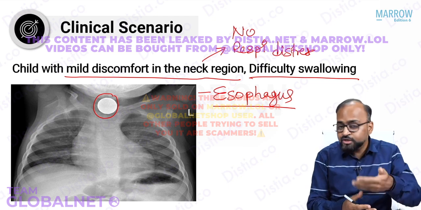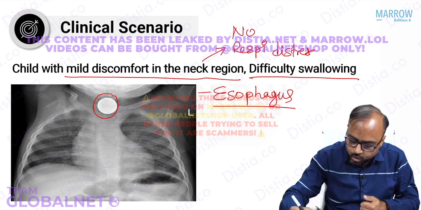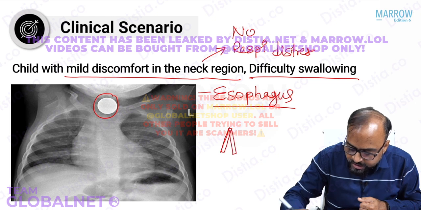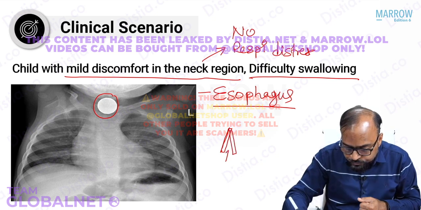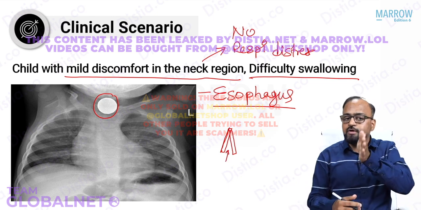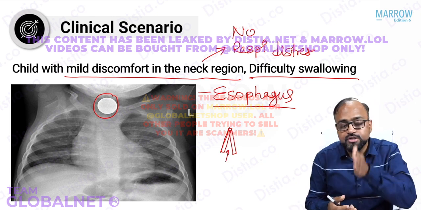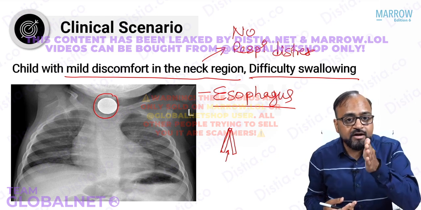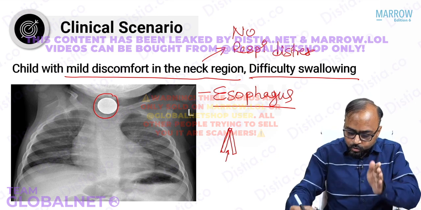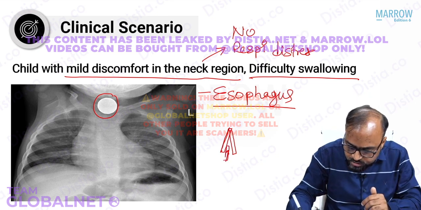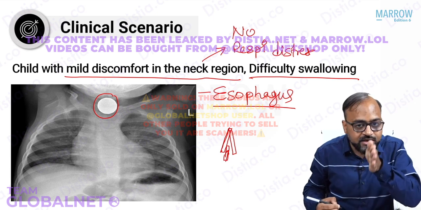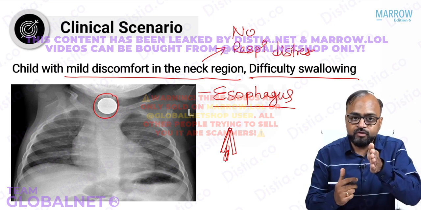Another reason is the orientation of the coin. Now see, if you look at the glottis from the top, what is the glottis bound by? The glottis is basically two vocal cords like this. So the opening is here in the mid-sagittal plane. So if a coin has to pass through the glottis into the trachea, how will it have to pass? The coin will have to be oriented in the sagittal plane. Only then can it pass through this slit-like opening. When it goes into the trachea, it is held in this sagittal plane by the tracheal rings of cartilage,